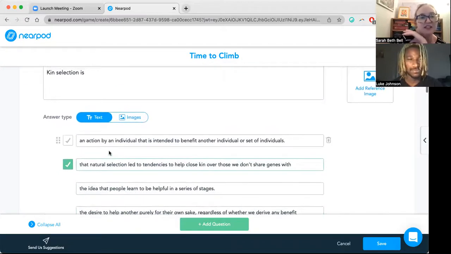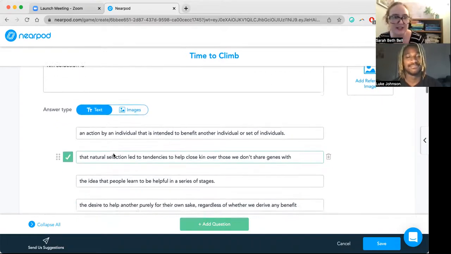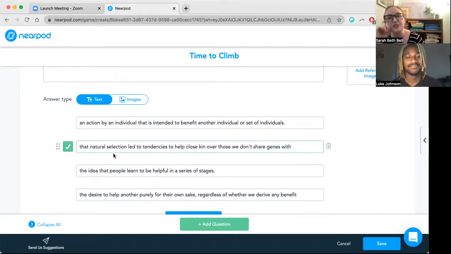Kin selection. The options were an action by an individual that's intended to benefit another individual or set of individuals. You can tell that's not right because if it's kin selection, it's going to be about family. So other options were the idea that people can learn to be helpful in a series of stages, that's not related to family. The desire to help purely for their own sake, regardless of whether we derive benefit, that's not related to family. So it's that natural selection led to tendency to help close kin over those we don't share